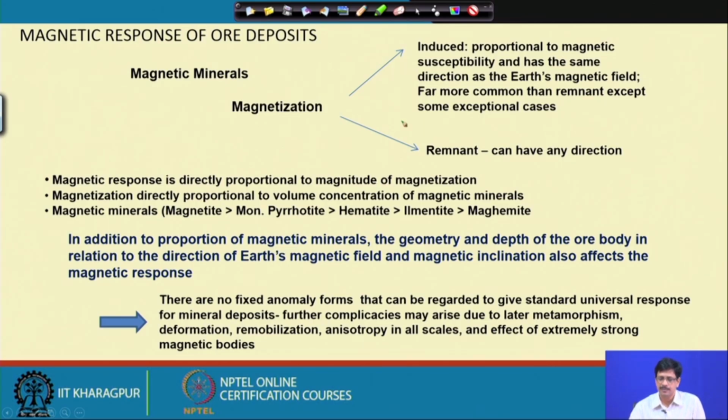One is the induced part, which is induced by the Earth's magnetic field, and it depends on the orientation of the Earth's magnetic field relative to the body that we are trying to measure. And the other component comes from the remnant magnetism, which is